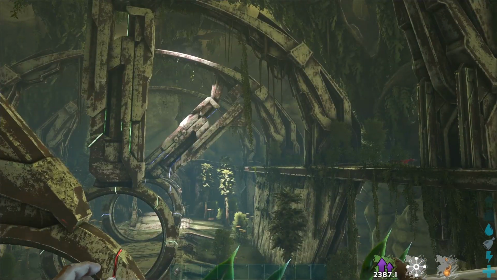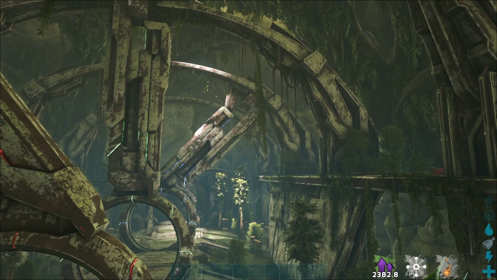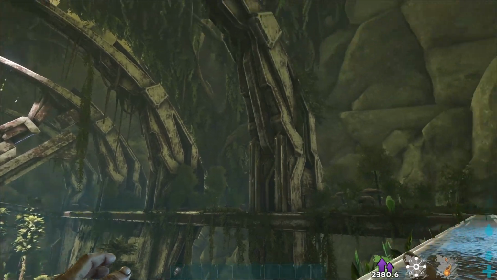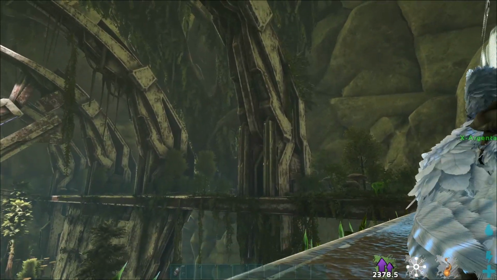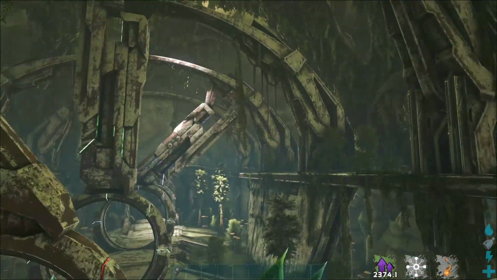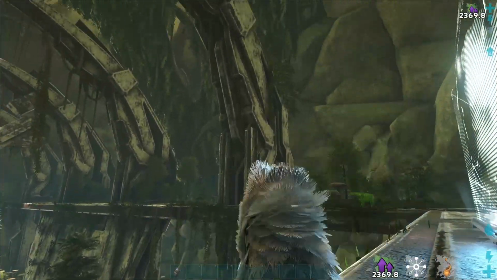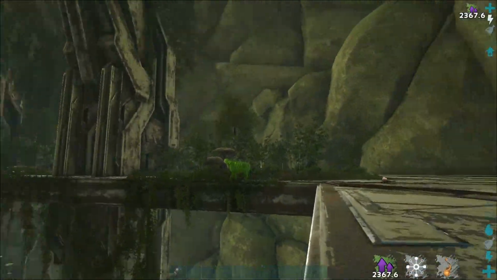And as you can see, there are pillars running along the sides. There's 4 of them. And you want to go to this one, the closest one, the one facing the rest of the map, not the one in the very back there. You want to go to this first one. Go to it